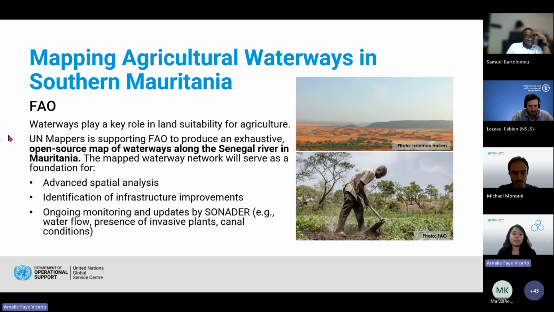The UN Mappers is supporting FAO to map the waterways along the Senegal River, and this will be used for the master plan in Mauritania. The mapped waterway network will serve as a foundation for advanced spatial analysis, identification of infrastructure improvements, and ongoing monitoring and updates, to name a few.